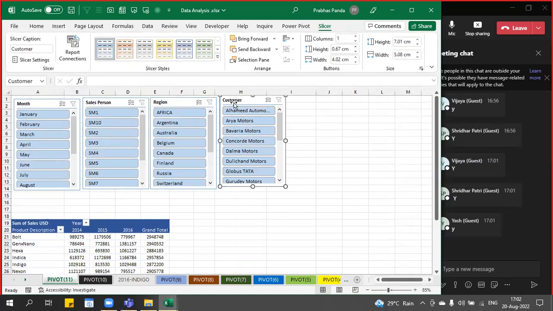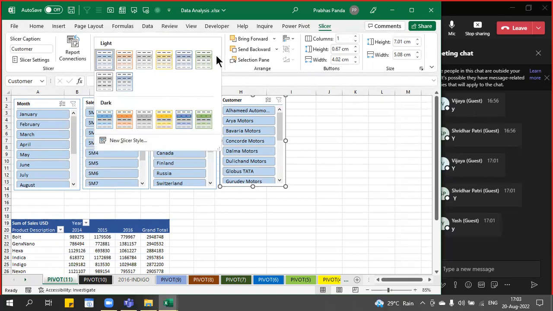Whenever you want to select a slicer, just choose by the slicer name. And when I select that, the extreme right tab is activated. What is that? It's called Slicer Tools or Options, depending upon the version of Excel. We have an option over here, Slicer Styles. So when I go for the More Styles option over here,